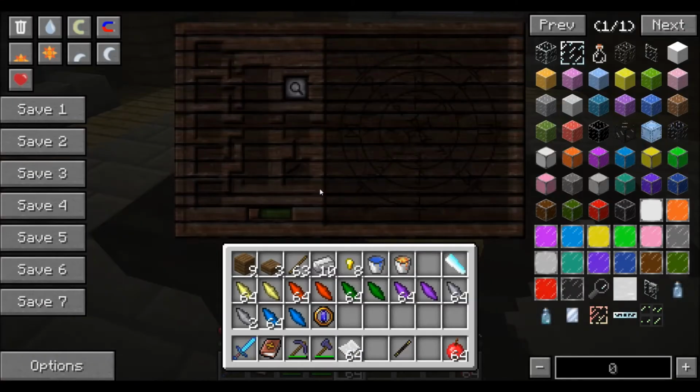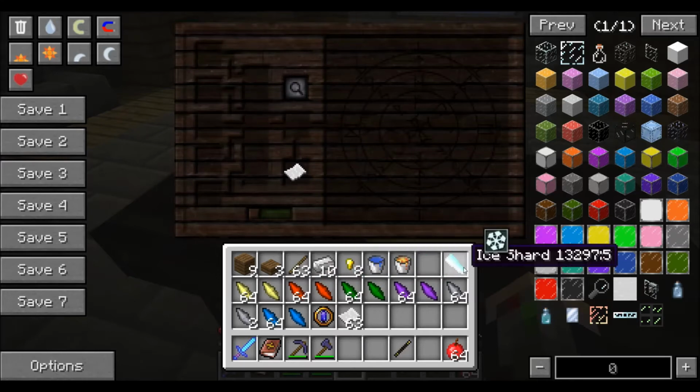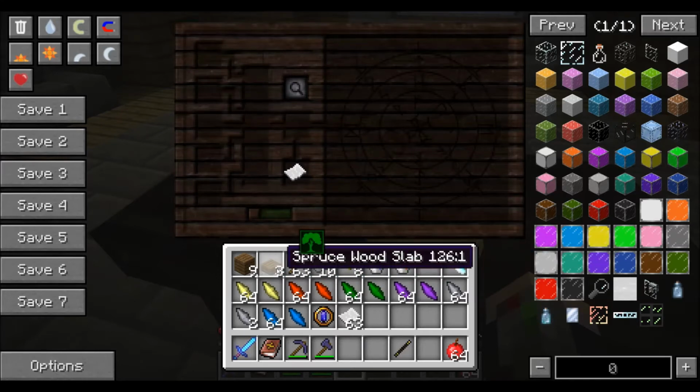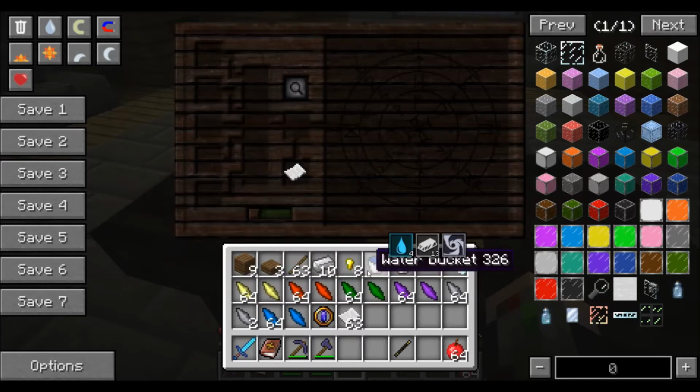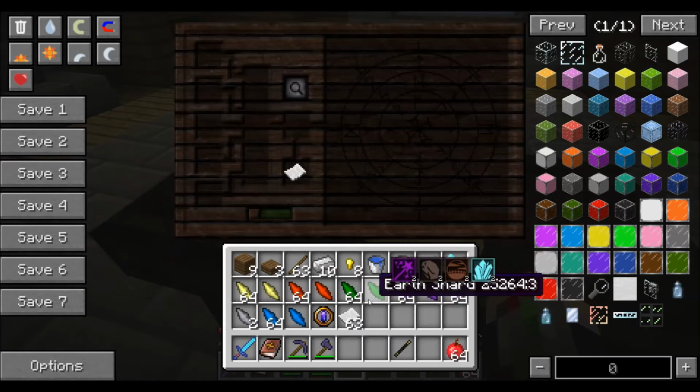Okay, so this is your basic research table. We will first of all require paper. So you put one piece of paper down at the bottom, and if you're doing it the basic way, a random item. It has to be an item which has aspects. As you can see, there's lots of different symbols. Those are the different aspects for Thaumcraft. We're going to choose